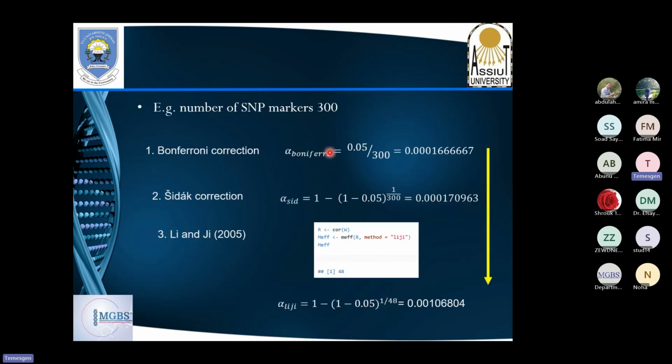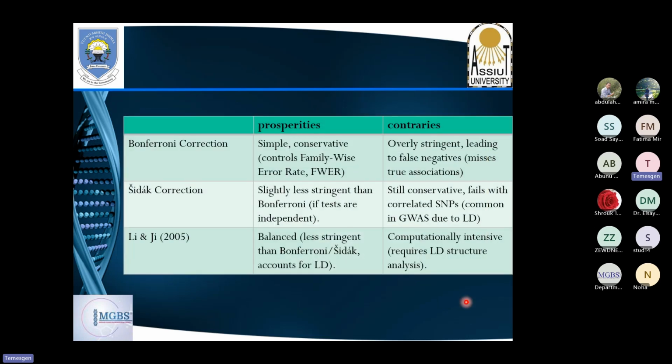So for example, let's assume you have a total of 300 markers, you can look at the difference in the threshold. In Bonferroni, it's very high, very stringent, but when you compare to FDR, it's a little bit better, with a higher p-value. And when you go to this one, it's also better. So when you go to Bonferroni 2, this is the last one. Bonferroni is the most stringent one to define. So using a single marker to identify these adaptive alleles, particularly adaptive for specific climates, is very, very difficult using this